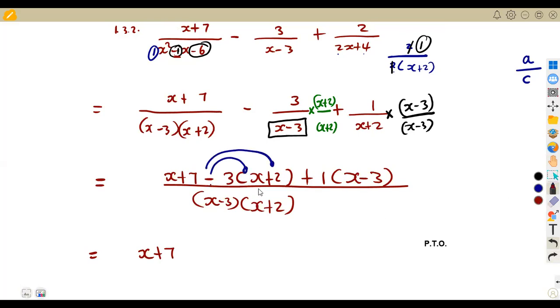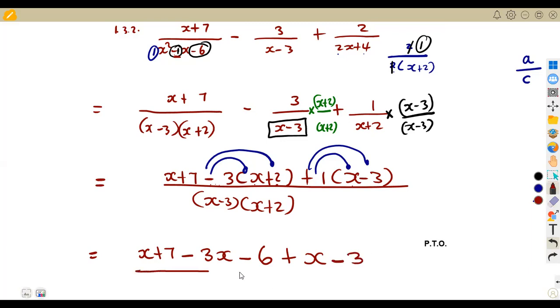If we multiply negative 3 times x, that will be negative 3x, all right? Negative 3 times positive 2, that is going to be a negative 6, all right? You do the same thing, plus 1 is going to affect everything in this bracket. So you're going to have plus 1 times x, which is plus 1x, and 1x is same as x. You move on, plus 1 times minus 3, which is going to give you a minus 3. And this whole part is going to be over our denominator as it is, which is x minus 3